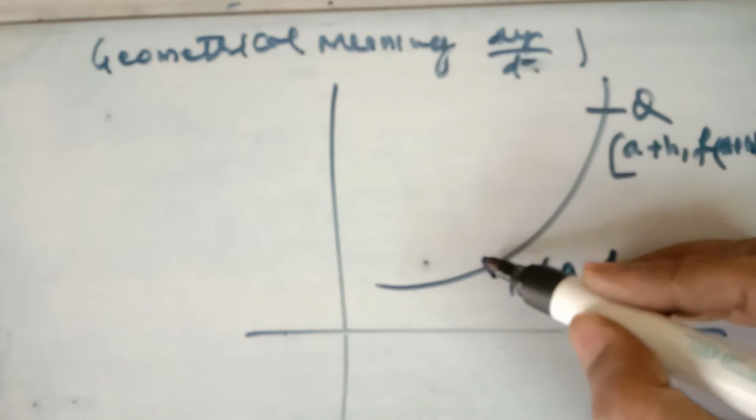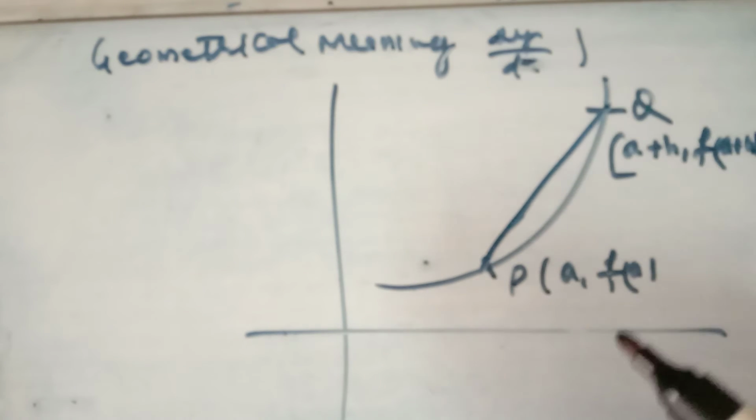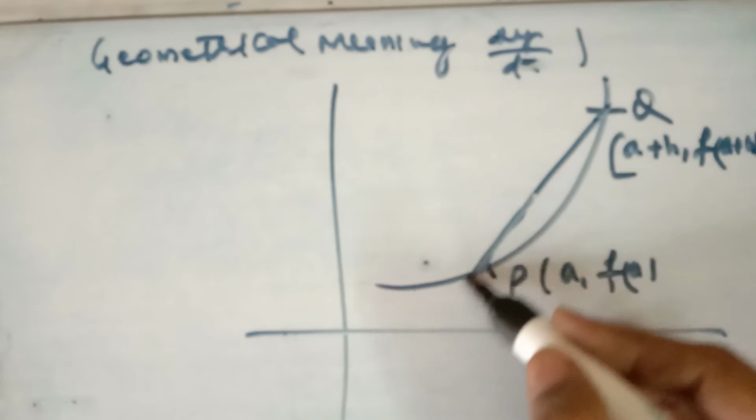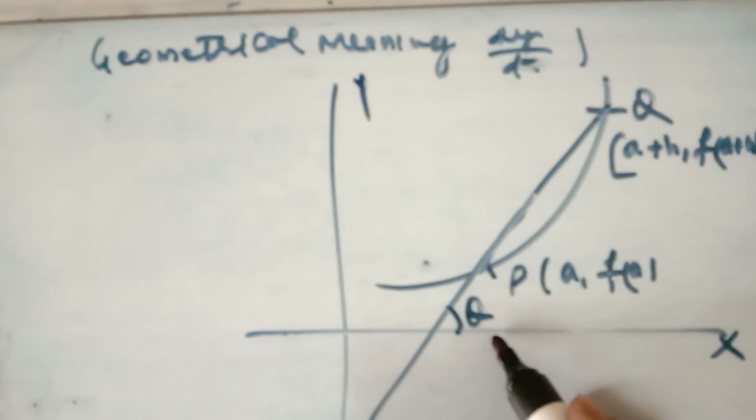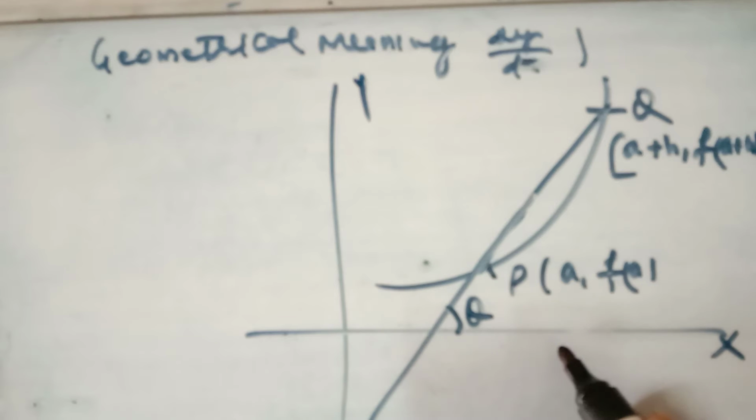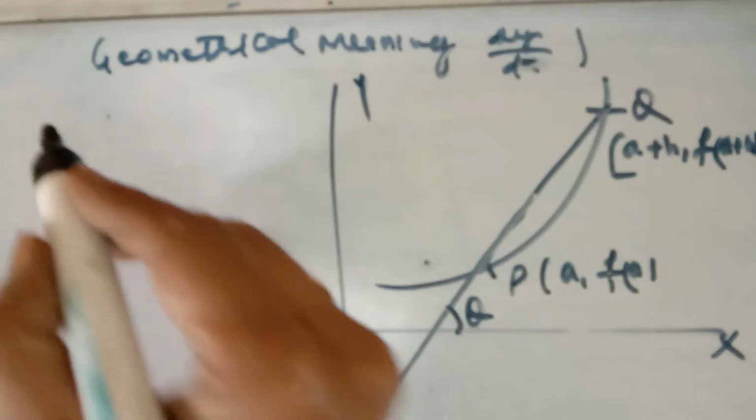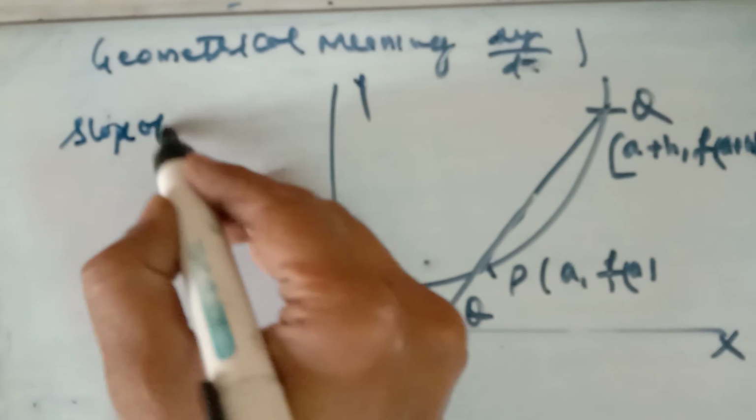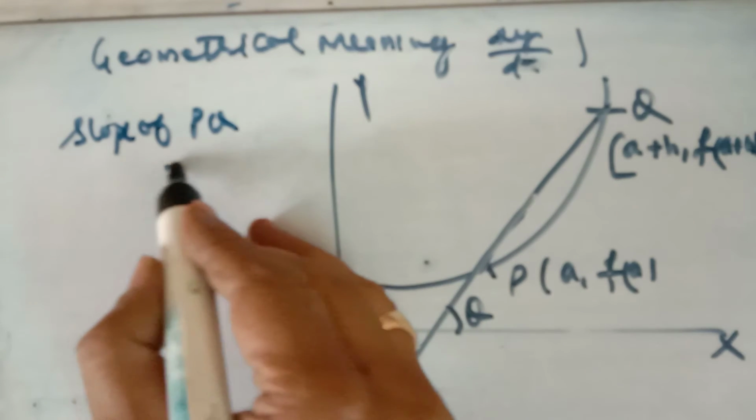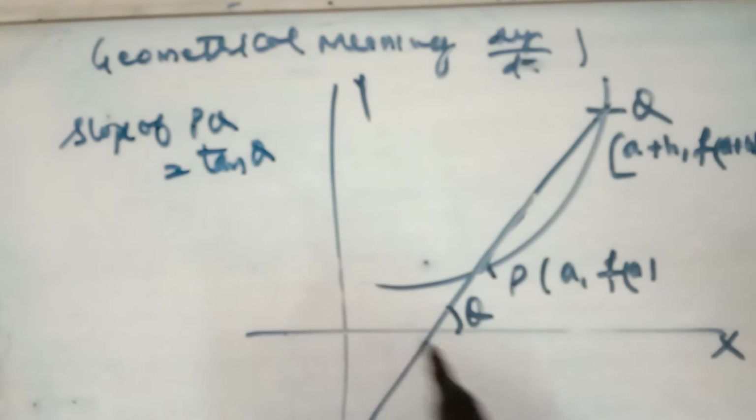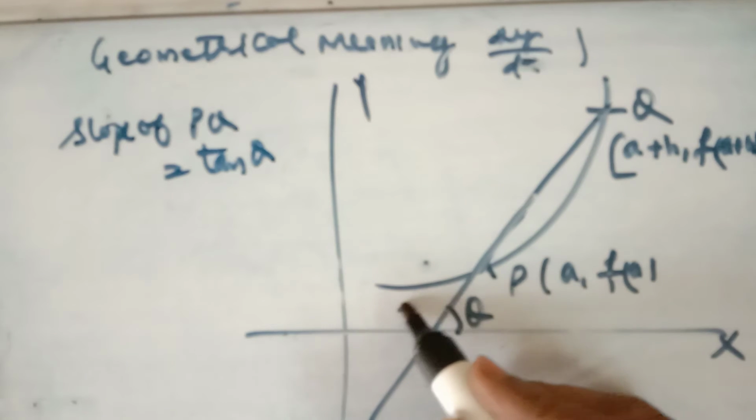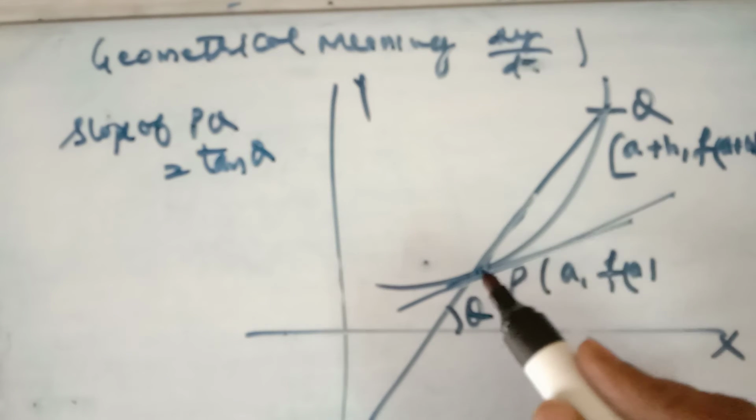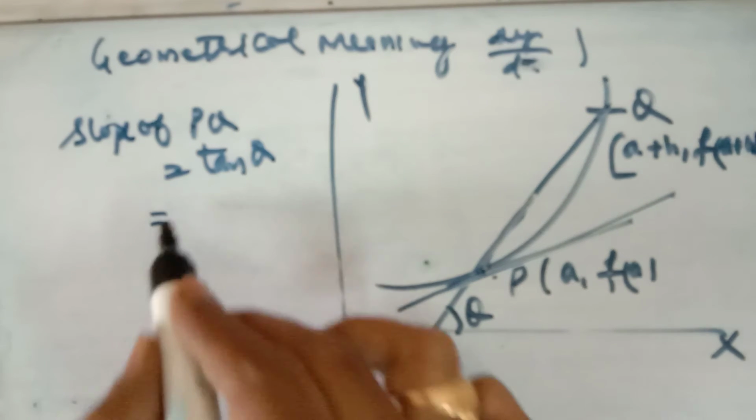This is a secant. If you join this, it will be a secant of this curve. Suppose the secant is inclined at an angle theta with the positive direction of the x-axis. Now the slope of secant PQ will be equal to tan theta. You know that the slope is equal to tan theta, which will be equal to